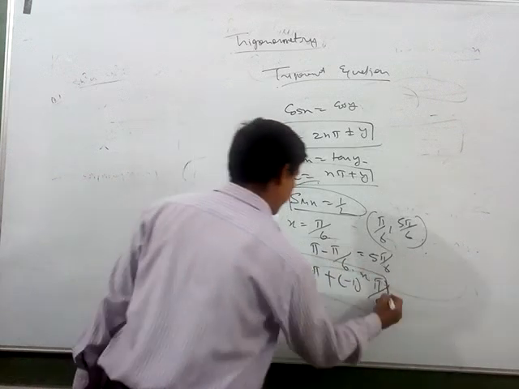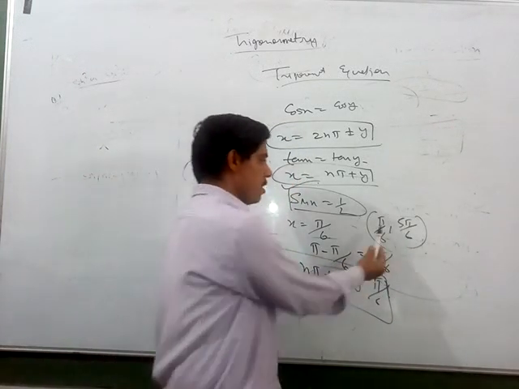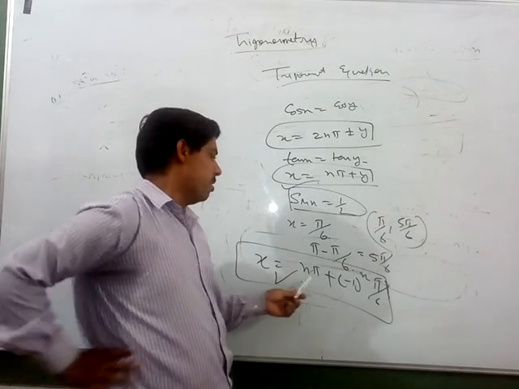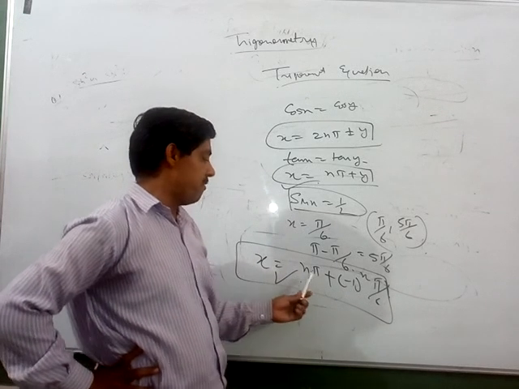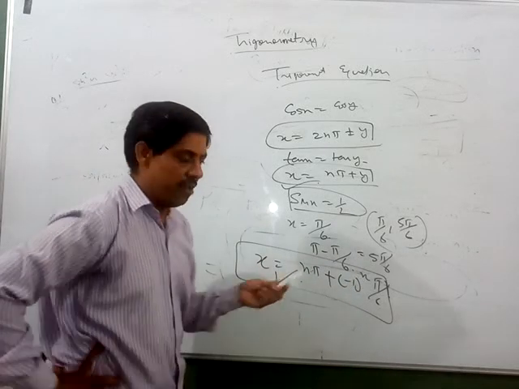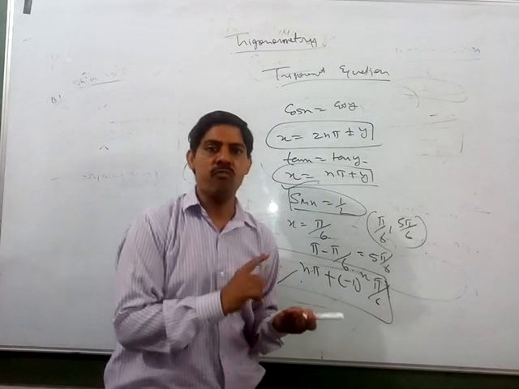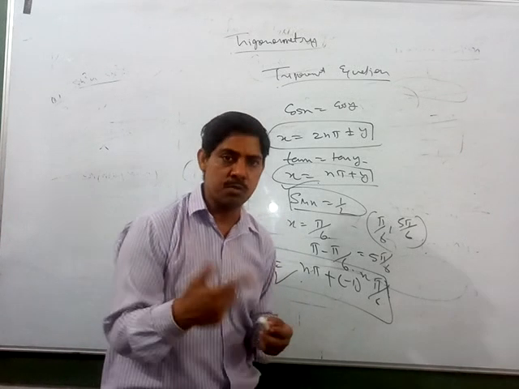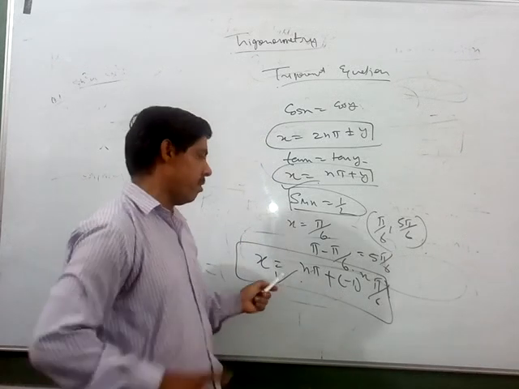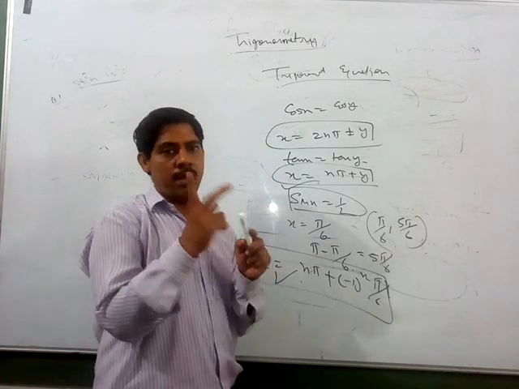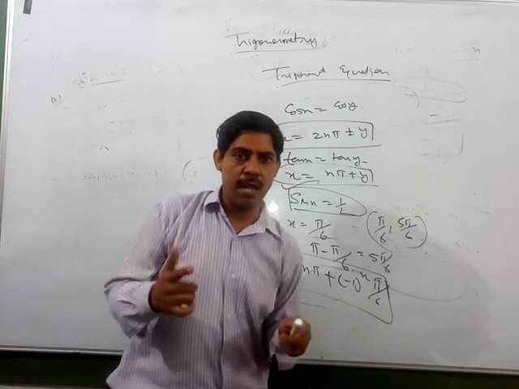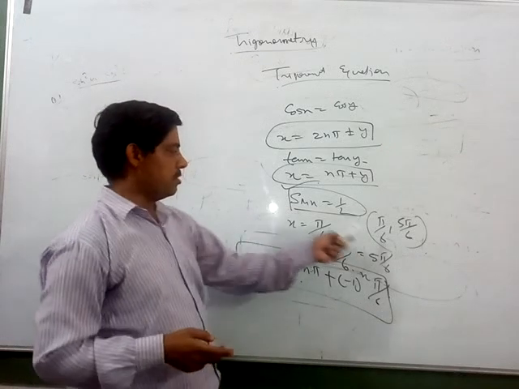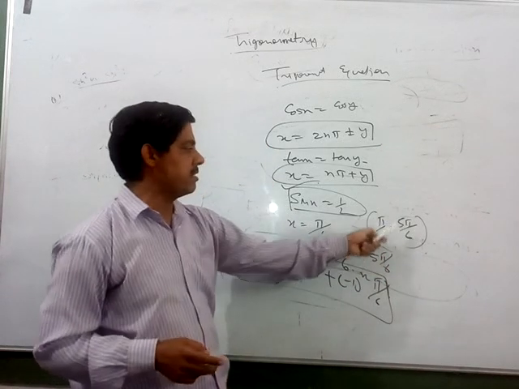Now this answer is called the general solution. These two answers are called the principal solutions. You can get all the general solutions if you take n as an integer. Take values like 1, 2, 3, 4, 5, or in the negative, minus 1, minus 2, minus 3, minus 4, minus 5, and so on, and you get infinitely many answers from the general solution. Principal solutions can only be in the interval 0 to 2 pi. That is 0 to 360 degrees, or 0 to 2 pi radians. So here the answers are pi by 6 and 5 pi by 6.